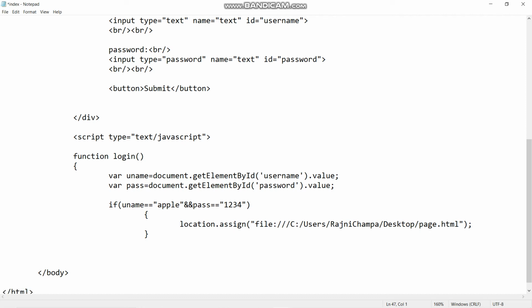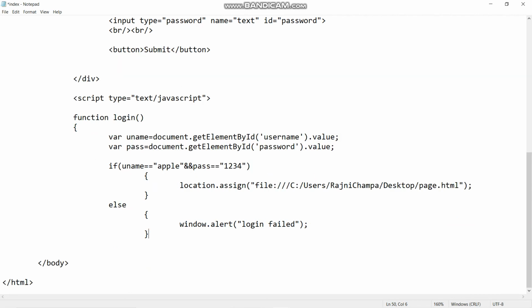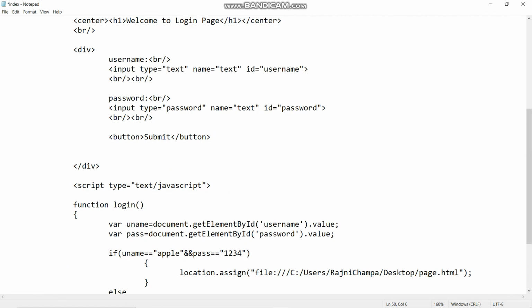And then we are going to use else, because if the user doesn't fill the appropriate values, window dot alert, because this is going to throw an alert message, window dot alert will say login failed within the double inverted commas, terminator, and then the braces close. Then after that, just close the function's bracket.